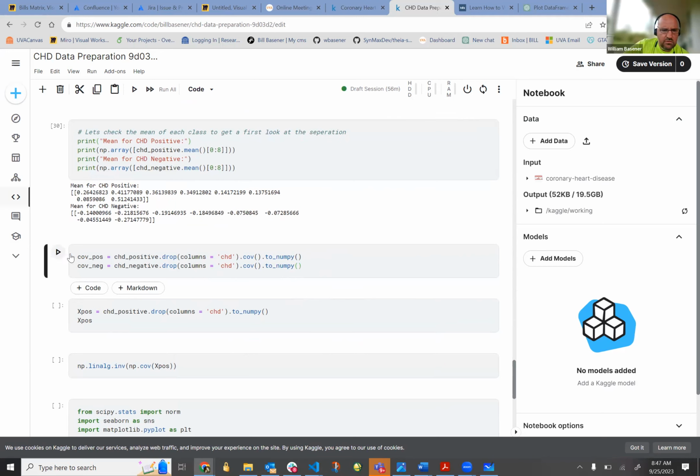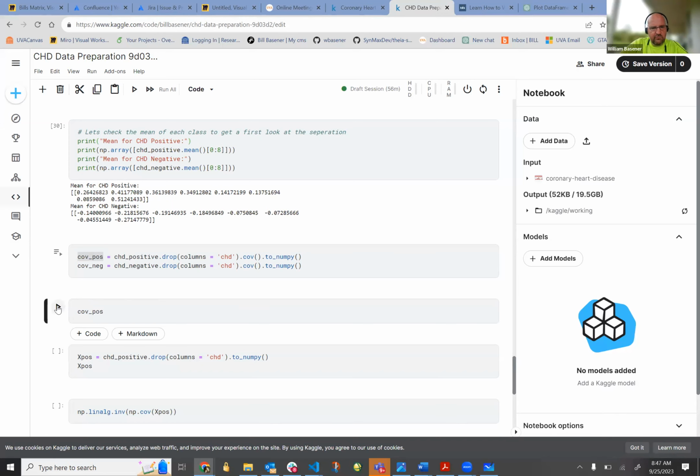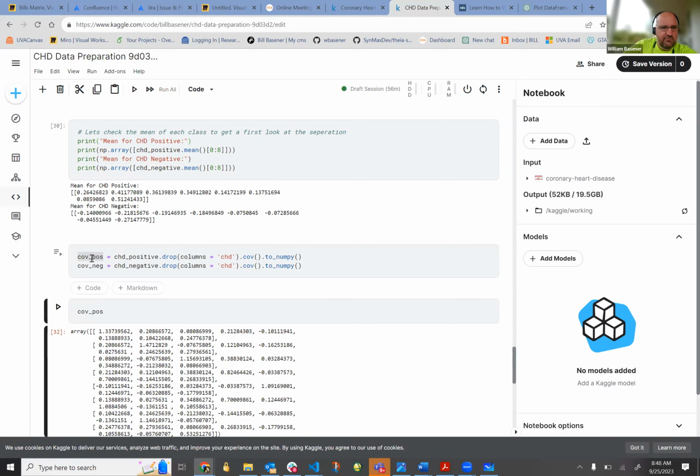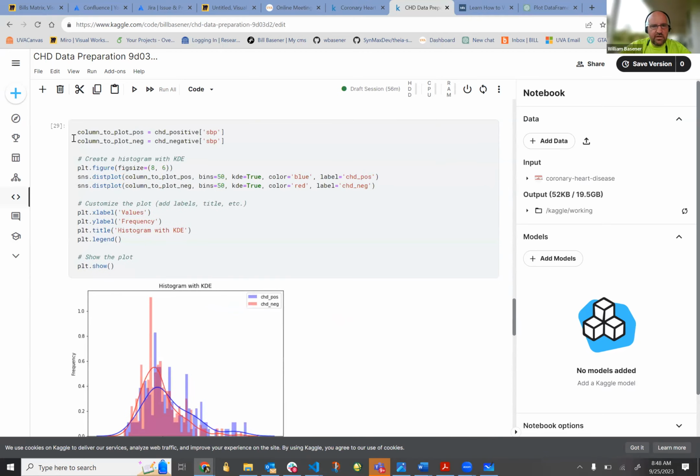So what we've done here is we're converting these to data frames. We were converting the data frame data to NumPy arrays. So CHD positive. Oh, okay. We've been doing two steps here. And so this is getting a little bit ahead. So here we're just looking at the means, but really what we did above,